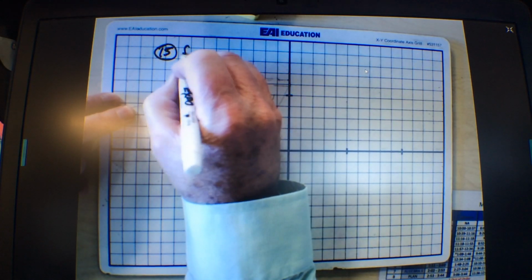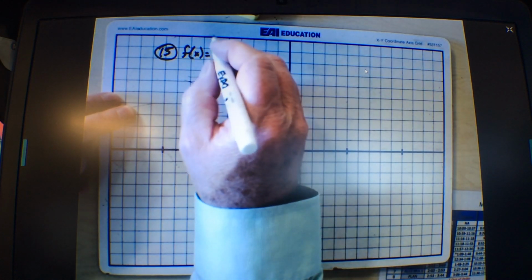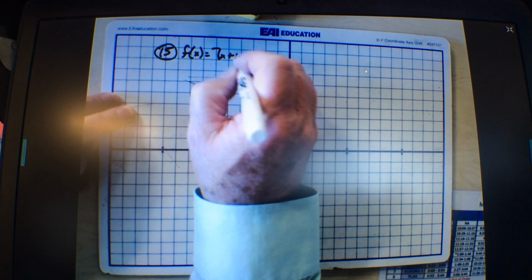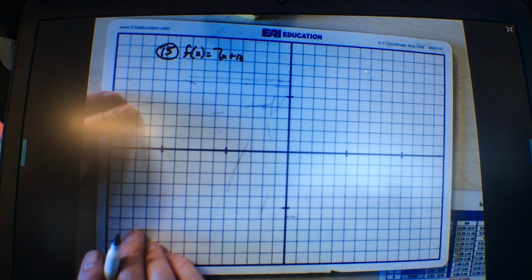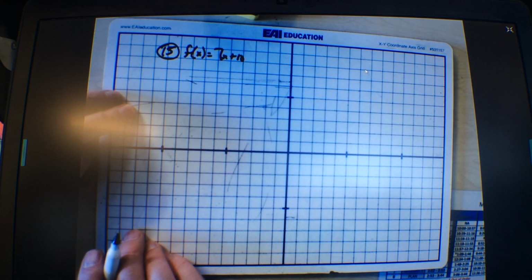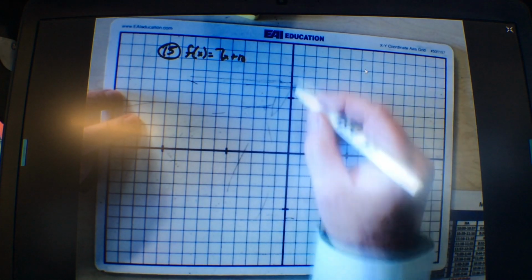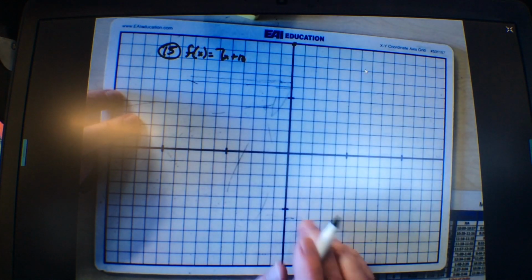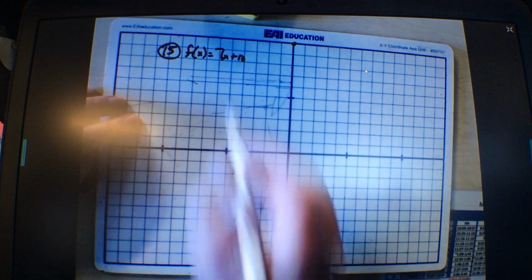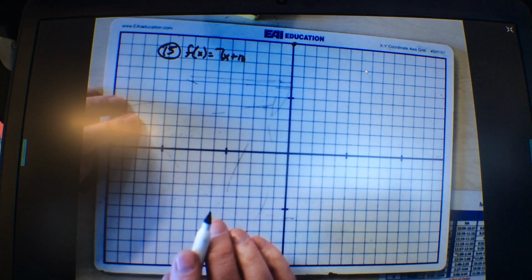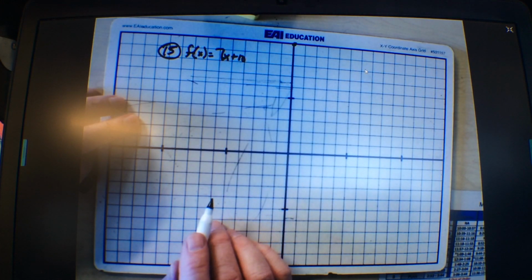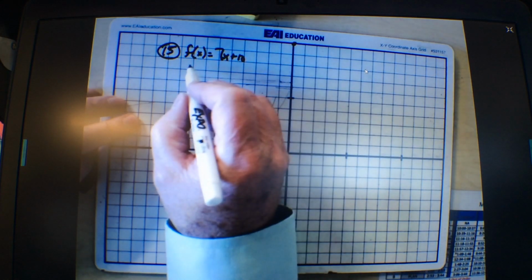It says f of x equals 7x plus 10. Got it? So what do I graph first? What do I graph first, Tyra? 10. This is 5. I think this is 10 all the way up there. Do you see y, Braxton? Oh, yeah. Is it 7x plus 10? Yeah. All right, so now I'm going to use